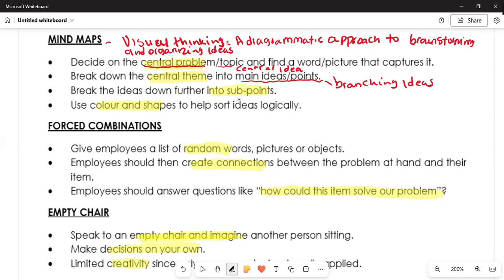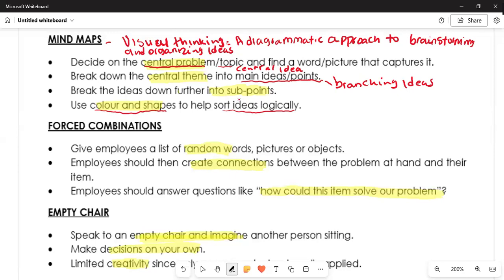Break ideas down further into sub-points. So you're going to break down the ideas into sub-points. Also we are told to use color and shapes to help sort ideas logically. So we can make use of colors or shapes so that it will make it easy to sort ideas logically. Now we move on to force field